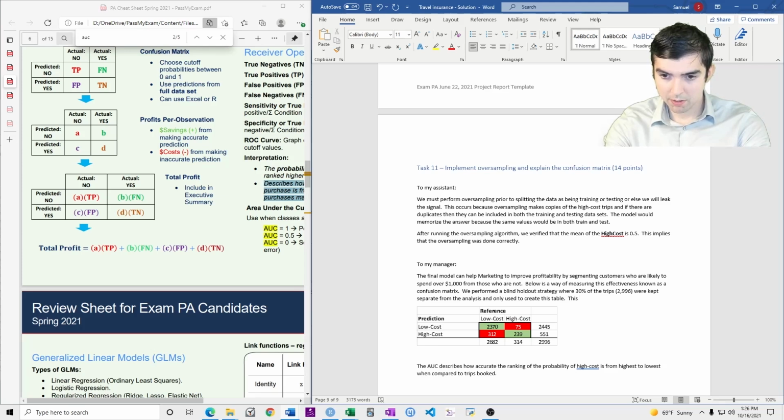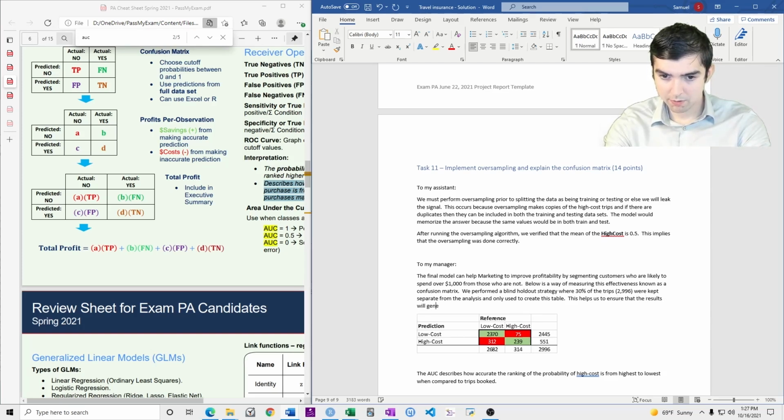This helps us to ensure that the results will generalize to new trips which are booked.